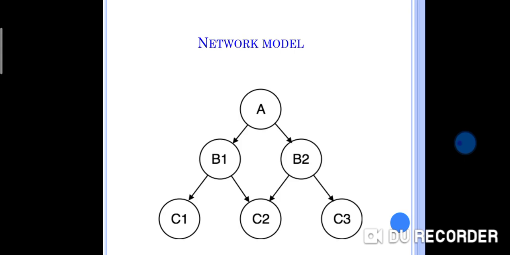The network model is an extension of the hierarchical model. In this model, data is organized more like a graph and is allowed to have more than one parent node. In this database model, data is more related as more relationships are established, and hence accessing the data is also easier and faster. This database model was used to map many relationships between the data.